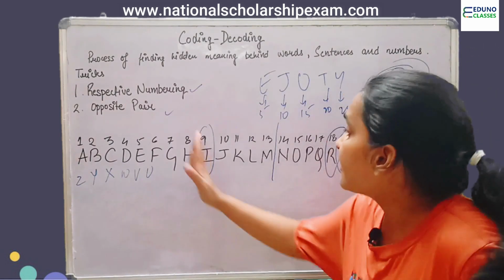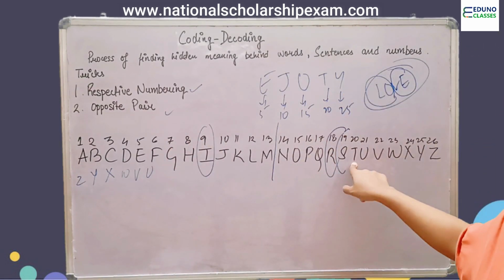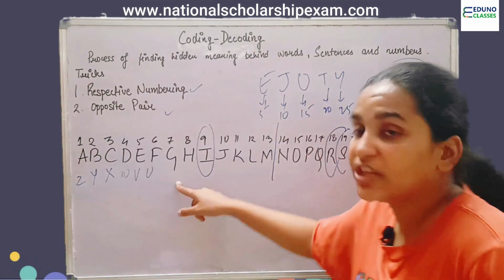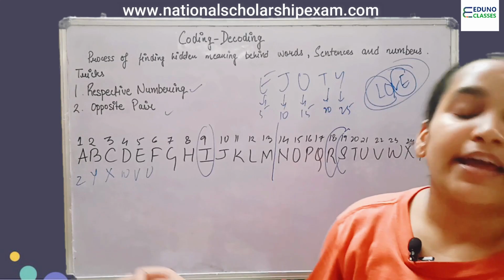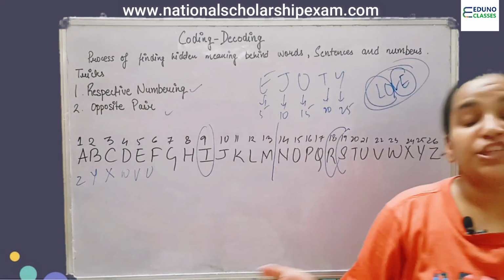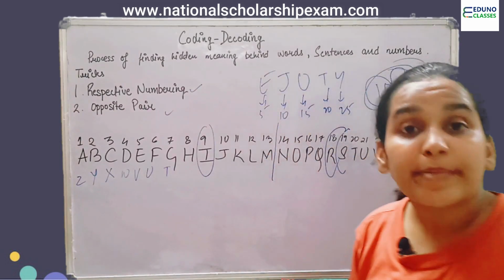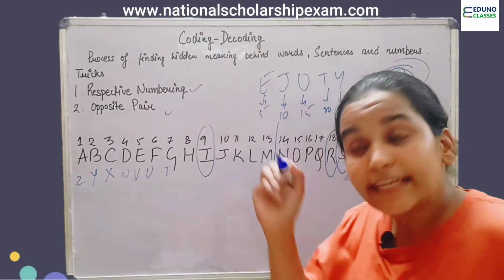Opposite of G, how to remember? Seventh from this side is T. How to remember that the opposite of G is T, or opposite of T is G? The road which is there in almost every city, Indore, Mumbai, Chennai, Allahabad, everywhere, GT road. So remember, opposite of G is T or T is G, GT road.